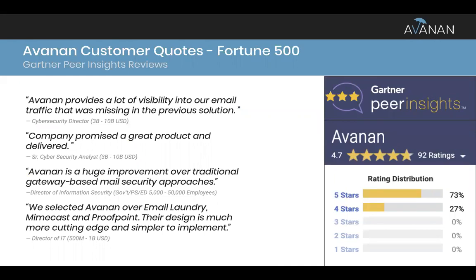Anyone can go online and look at all those reviews. We've got a ton of reviews. These are our customers' words, right? They're raving about us and saying good things about us. They're talking about who else they looked at, what other vendors they looked at, whether it be Proofpoint or Mimecast, even ATP. For the most part, 85% of our customers that have either tried us out or deployed us also had ATP at one point, right? And they made the move just because ATP wasn't delivering the results. And so all those reviews, all those quotes are available online.